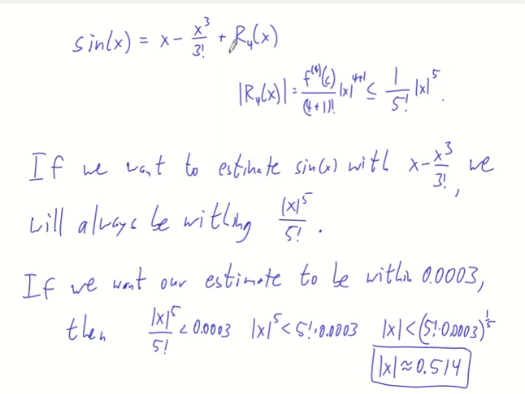And then obviously as you take more terms of the sine, the error estimate will go down, since this denominator, this 5 factorial, is going to get bigger, 7 factorial, 12 factorial, depending on how many terms you have. So that's sort of the nice thing about these error estimates and Taylor's theorem, and using Taylor polynomials to approximate weird functions.